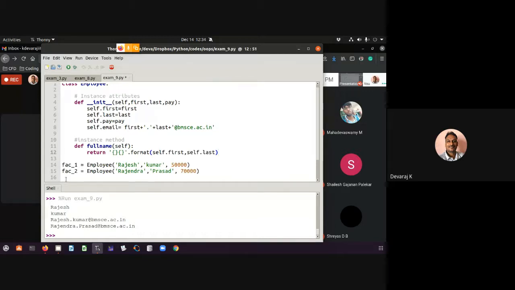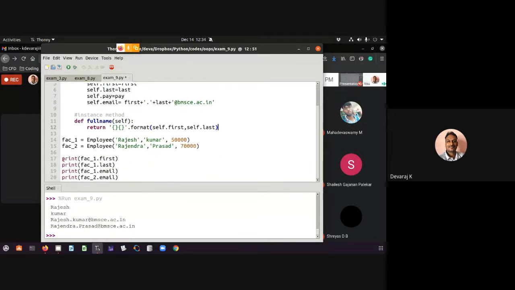Now, if I want to print it, I'm going to comment this particular thing. I'm going to comment all those things. Now I want to print a few things.